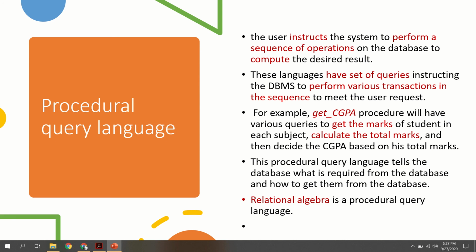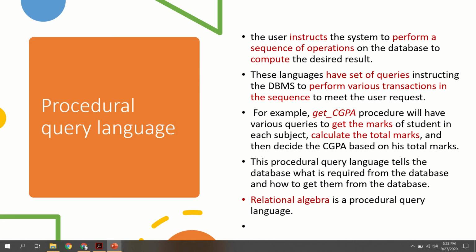And after getting all the information, he can calculate the total marks. That is, based on the information in the database, he is calculating the total marks. So if you know the total marks, the third step, from the total marks, he can calculate the CGPA. So we will write these steps as a procedure. And we can write the name of the procedure, any particular name can be given. And suppose here I am using the name getCGPA, which is mainly used to calculate the CGPA from the